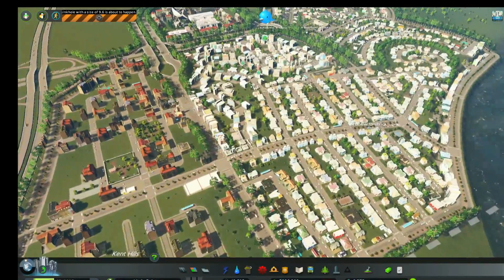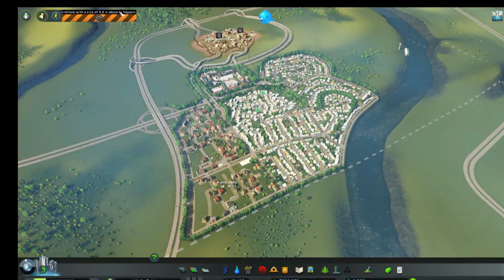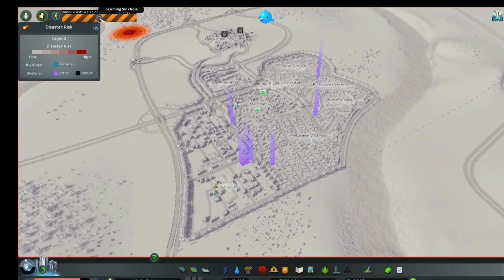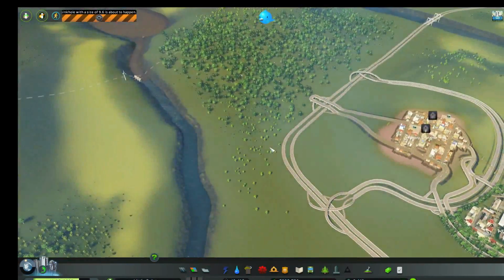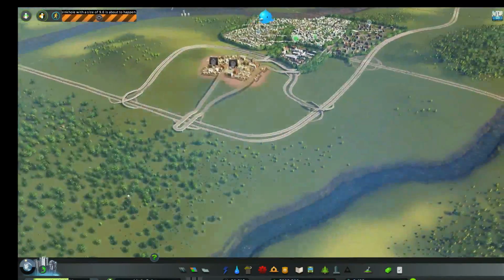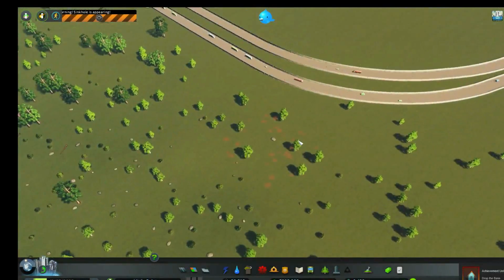Oh boy, I hope that it will not be inside of the city. Wait, where? Incoming sinkhole, where? Oh, thank goodness. It's way out of the city, but that only shows that bad things can happen. That's, I think, our first